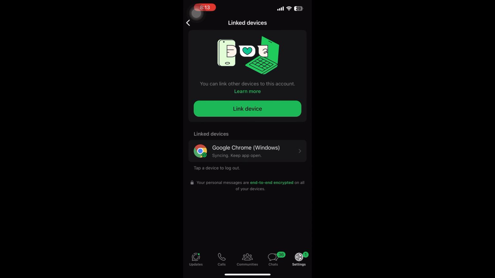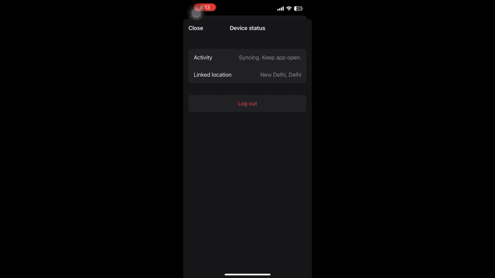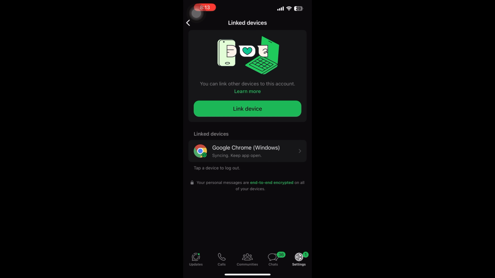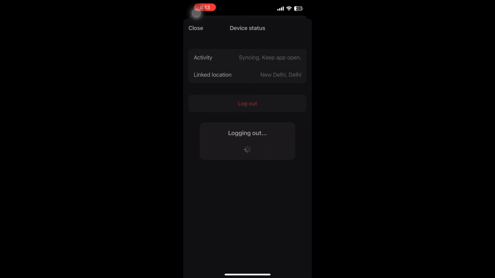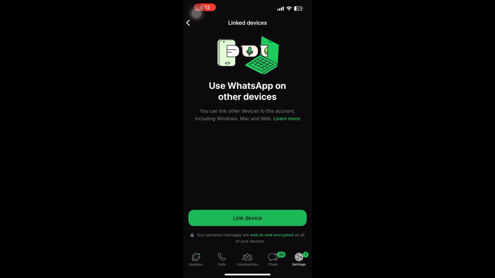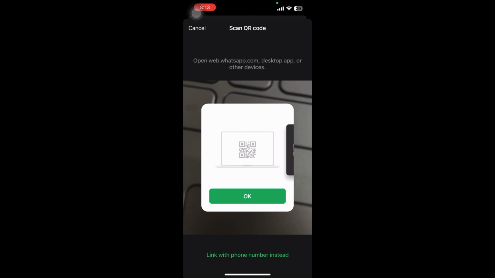and if you want to log it out, then what you're going to do is tap on that device and you will get the location also, and you can tap on Log Out directly. As you tap on Log Out, it will ask you again if you want to cancel or log out. You tap on Log Out again and it will be logged out immediately,